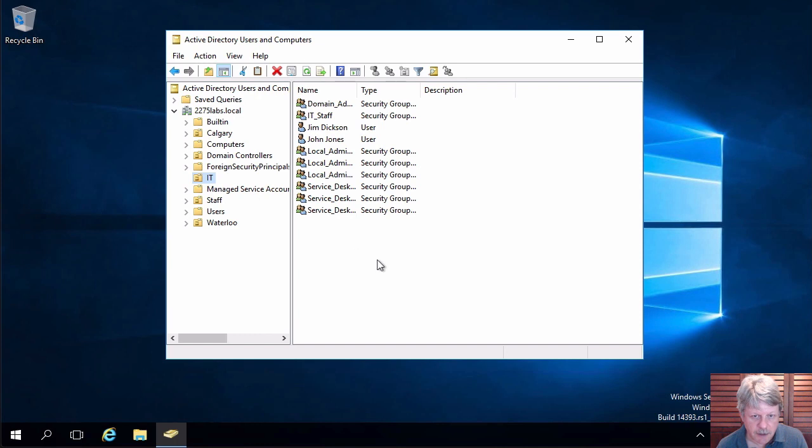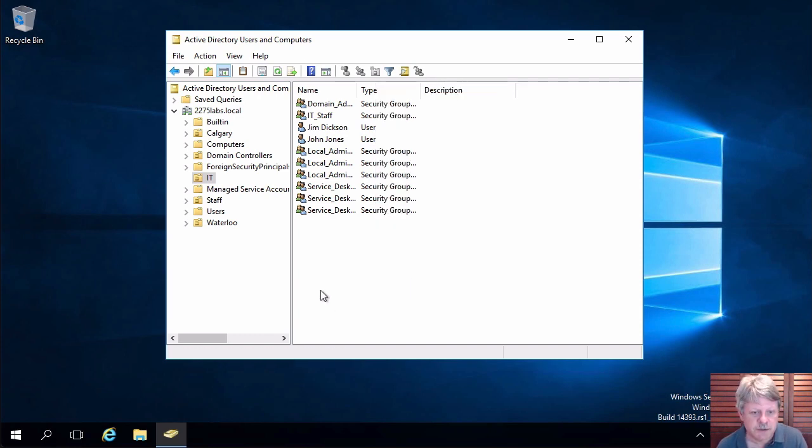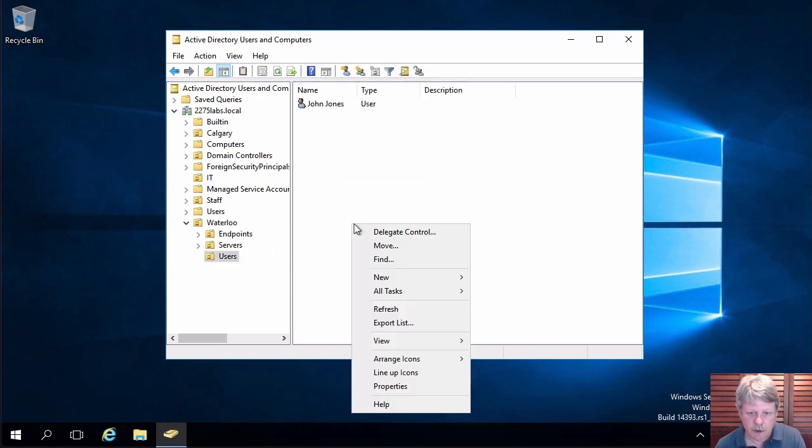So if I select the IT container, we'll say that John wants to, oh, look at that. There's no new in there because John doesn't have any permissions. But we said before that John should be able to create users in our site containers. So if I select users and say that we want to create a new user and group, but only user